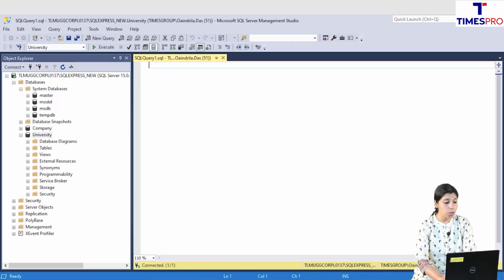Another way to do this is going to the menu present on the topmost pane of your SQL Server Management Studio, and here you can see new query. When you click on this, you will be able to see a new query editor open in front of you. Let us type an SQL query,